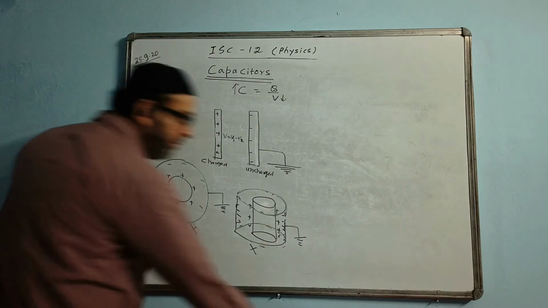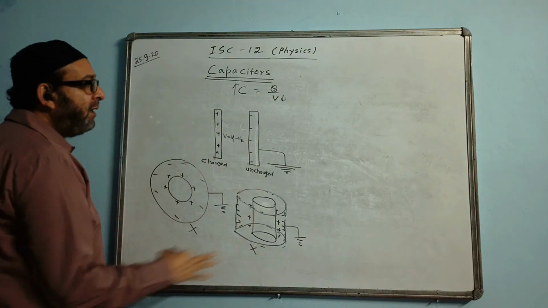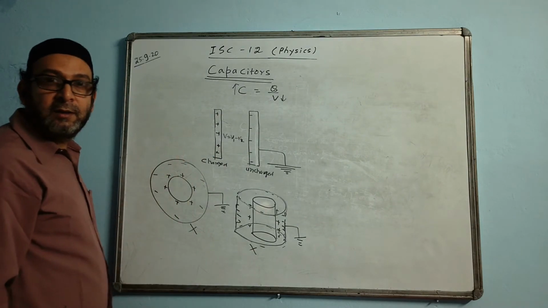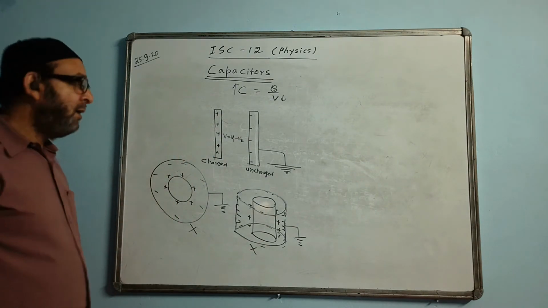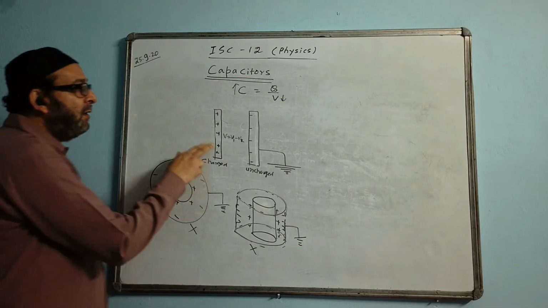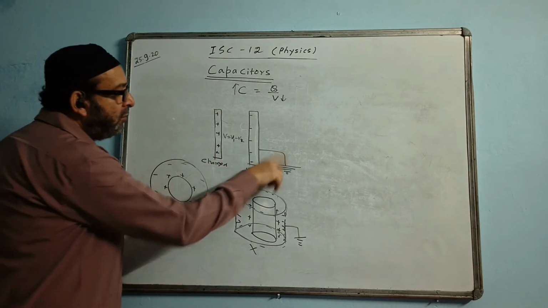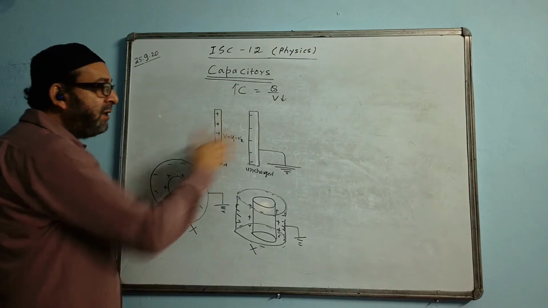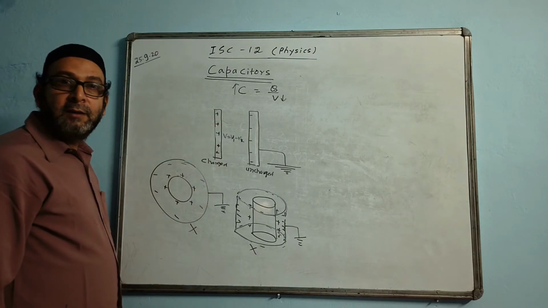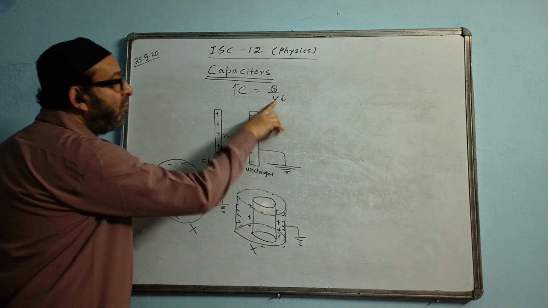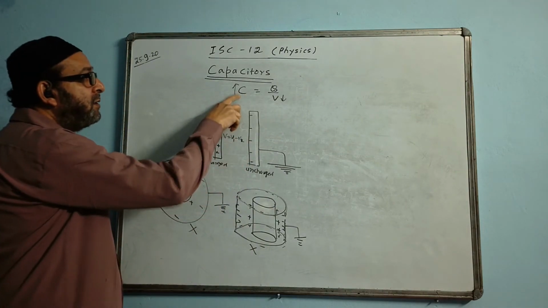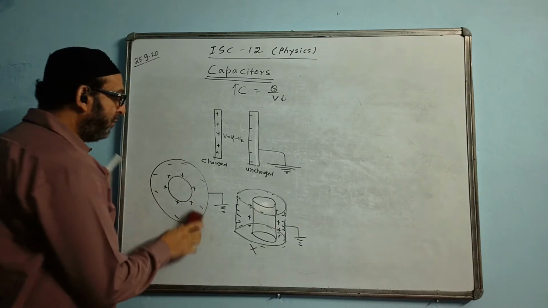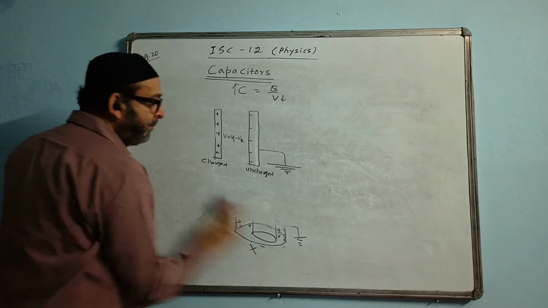Okay, now the idea I only gave you is how to make a capacitor so that it can store a large amount of charge. To make a capacitor, we take a charged plate and an uncharged one with the outer portion earthed. By doing so, we find opposite kinds of charges will stay there, and then it will have a small amount of potential and hence a large amount of capacitance. Then it can store a large amount of charge. So that is the idea.